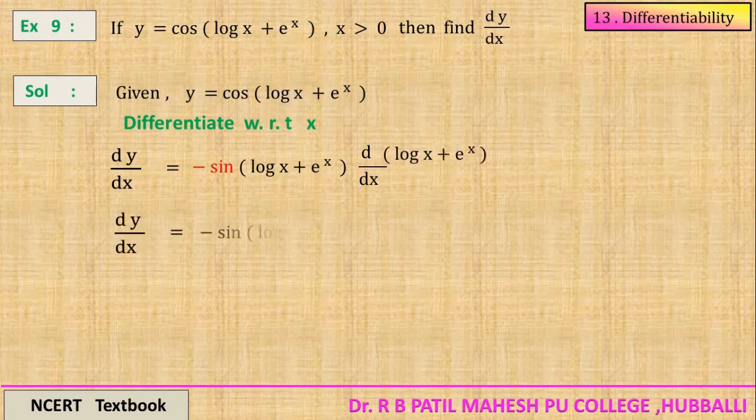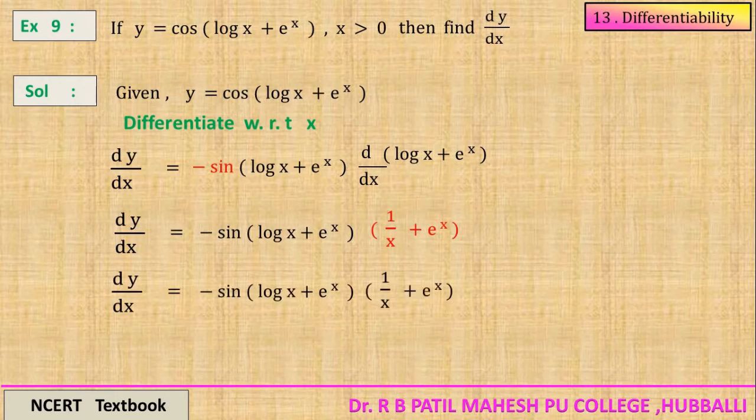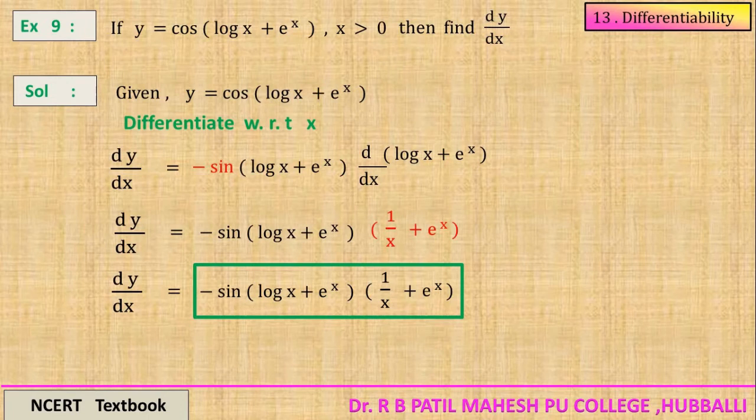The next step, write the derivative for log x plus e raised to x. See, this is a standard function, but addition, you know how to write the derivative for addition. So separately differentiate the function. Log x function is 1 by x and e raised to x derivative is e raised to x. So rewriting this one, 1 by x plus e raised to x. This is the derivative of the given function. I hope you understood, students.